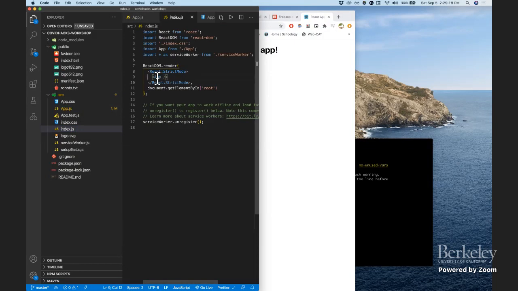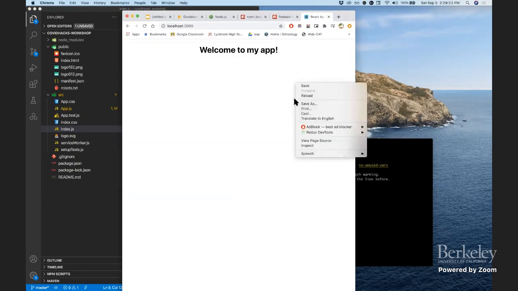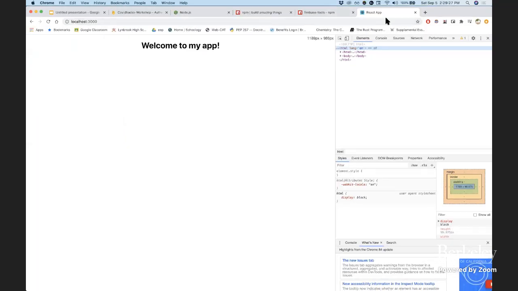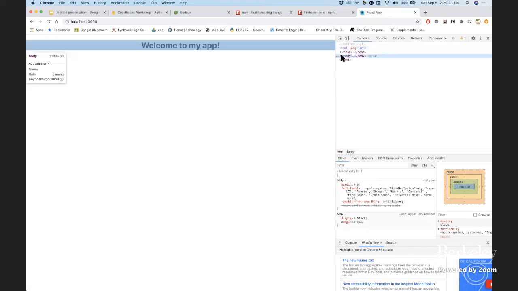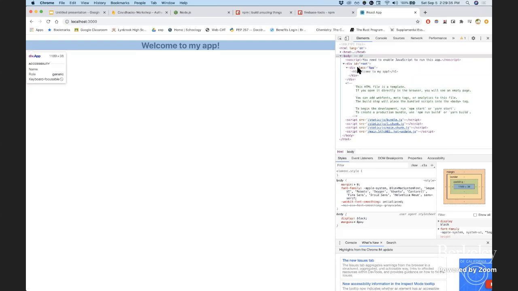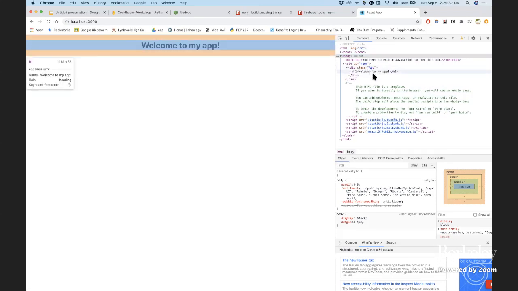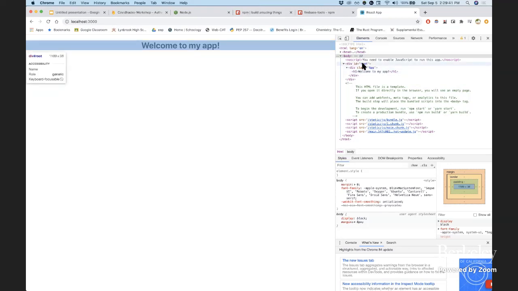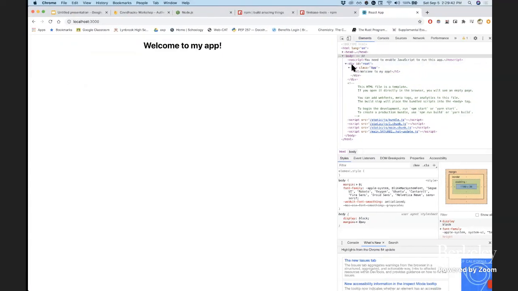And as you can see right here, the div is being inserted right there. If we go to inspect element, let's go to body. Yeah, so you can see div ID root, div class app, and then you can see our "welcome to my app" thing right there. Oh yeah, and if you guys are confused on what div ID equals root is,